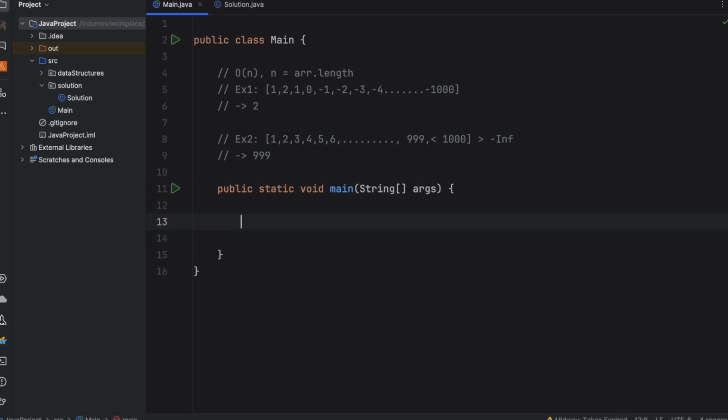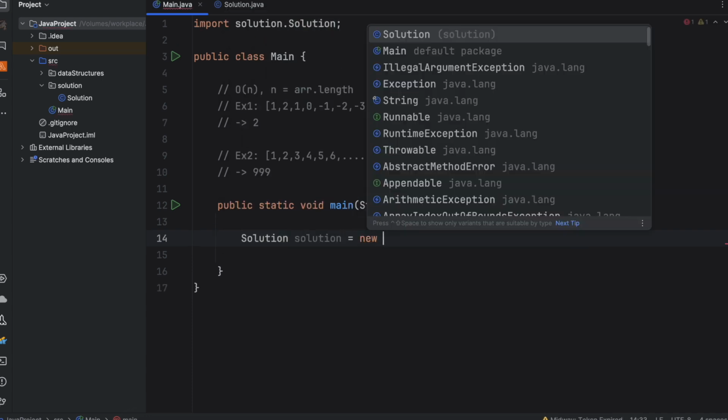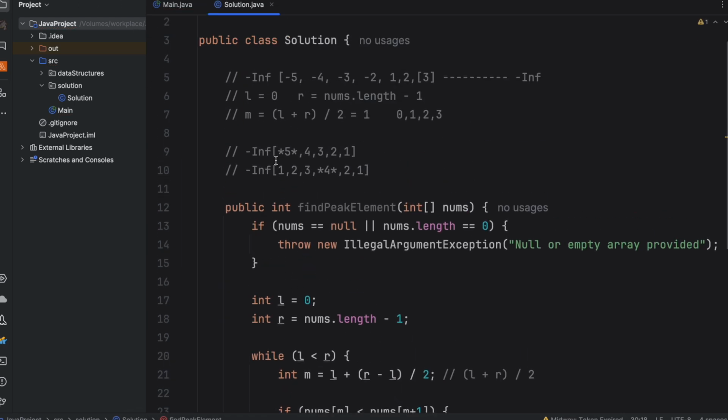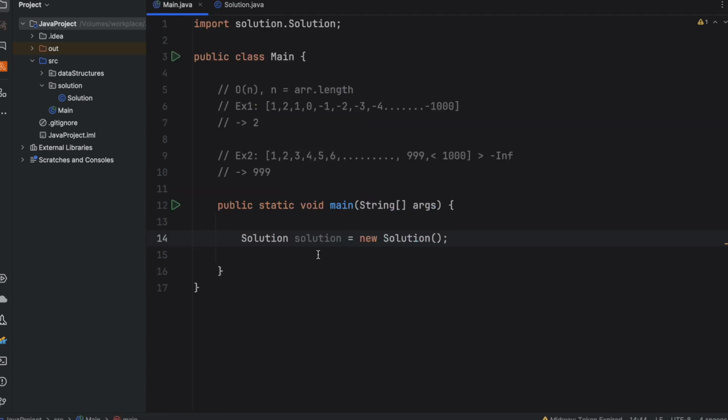So let's say something like this: solution is equal to new Solution, and here the class Solution is where I implemented the solution of the problem in this public method, which is called findPeakElement, which takes an array of integers. So let's create an array of integers. So let's create a couple of test cases. What would be the good test cases? First, let's start with the